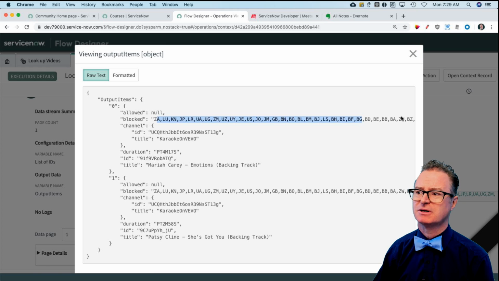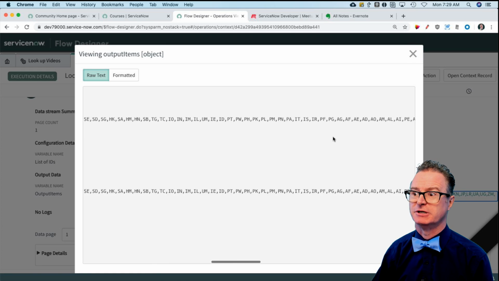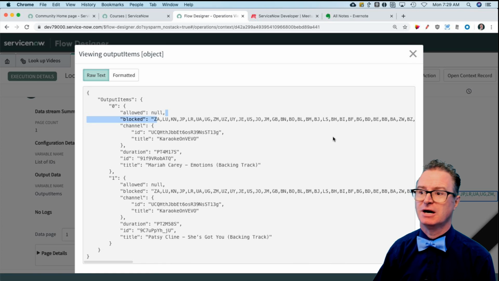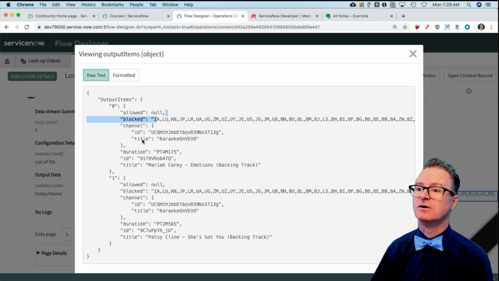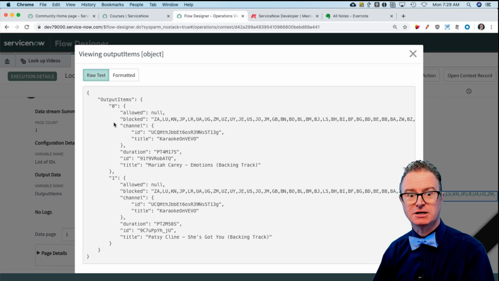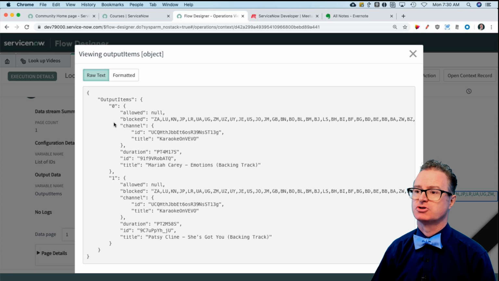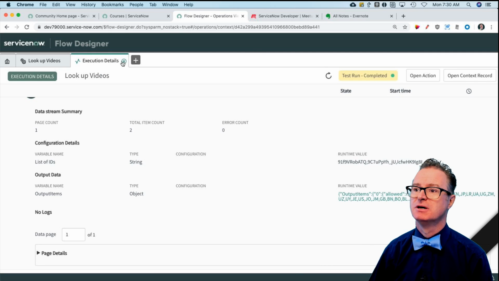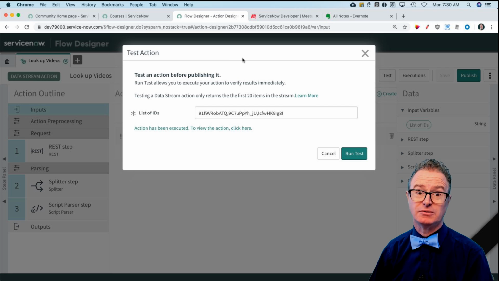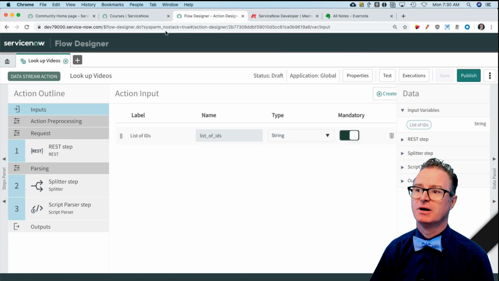And you can see some of these are kind of long. Like, whoa, man, there's a lot of allowed or blocked regions in this video. So as I built my integration, I was inspecting it, and I'd add another element, and then suddenly it stopped working. I went, what's going on? Turns out there's a property for that, like many other things. The idea is if it gets too big, we don't want to be wasting a whole lot of memory and time with that. And the property name is,